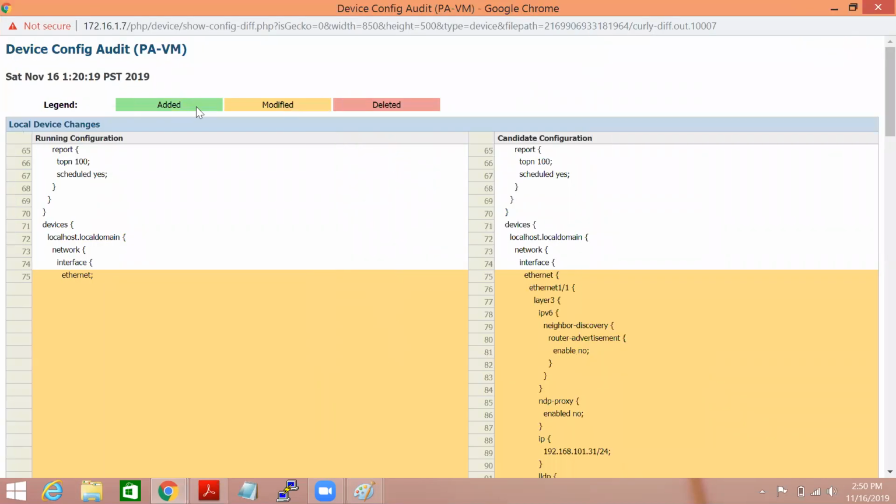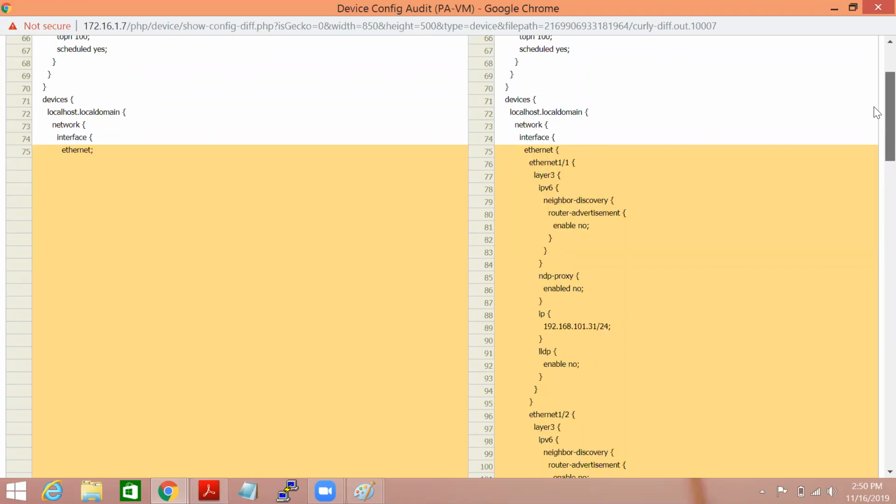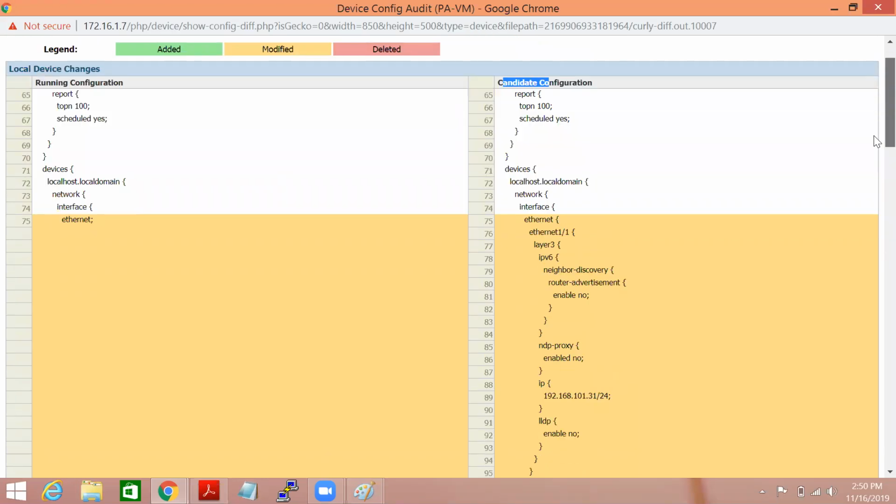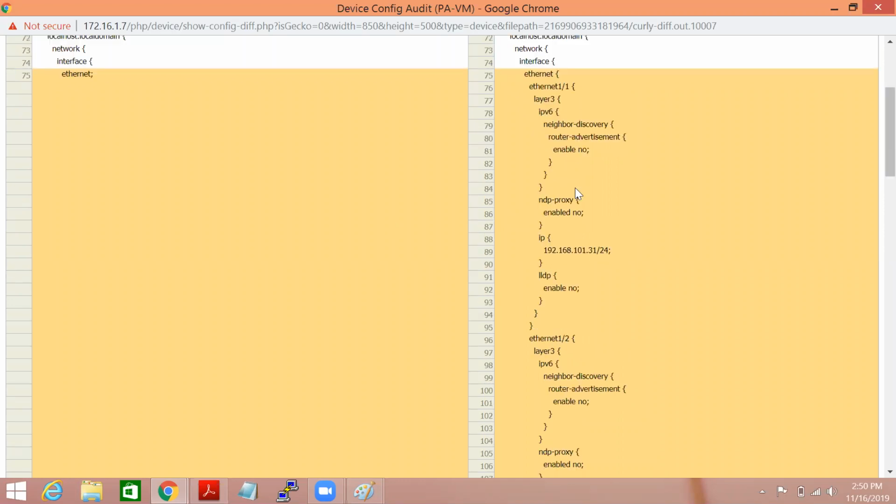There are basically three symbols: add, which shows with green; modify, which shows with yellow; and pink, which indicates delete. So first you check the running configuration and candidate configuration. Earlier the running configuration was blank. Interfaces are there, but configurations are not there. So that's why it's showing with